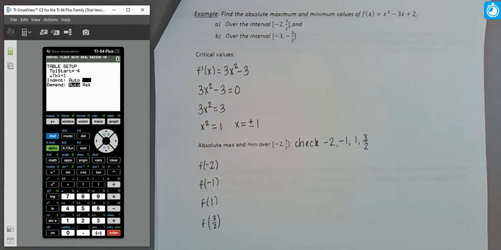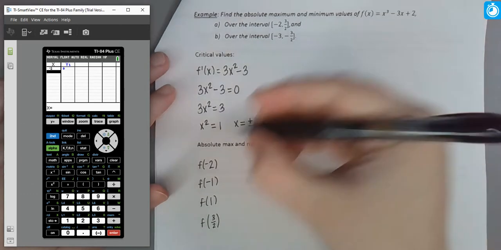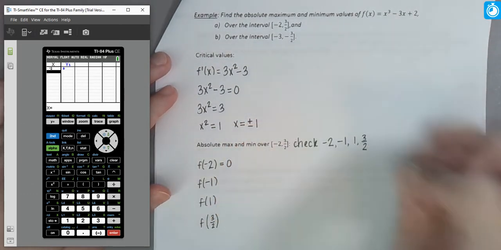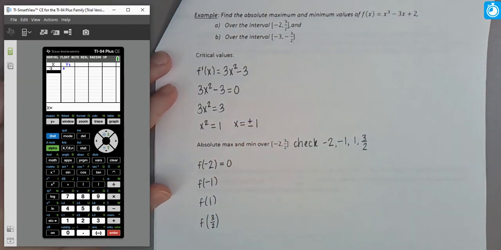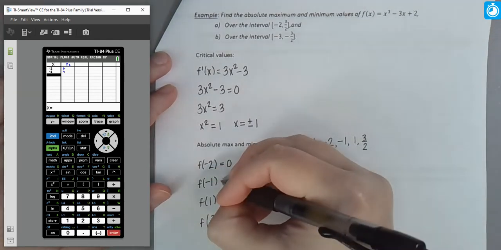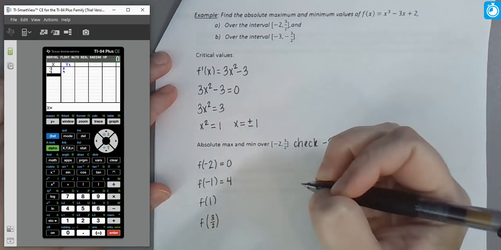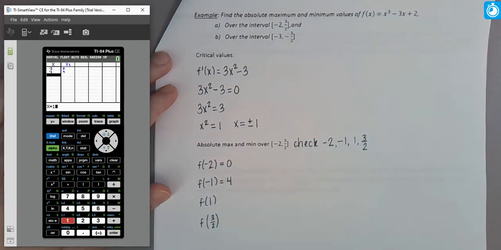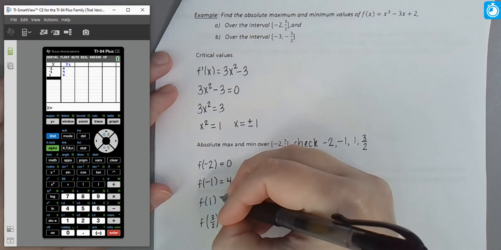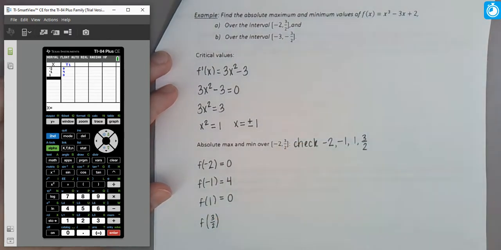That way we can just type in the x values we want and check those values. So we want to check negative 2 first. So x equals negative 2 is associated with a y value of 0. X equals negative 1 is associated with a y value of 4. X equals positive 1 is associated with a y value of 0. And x equals 3 halves is associated with